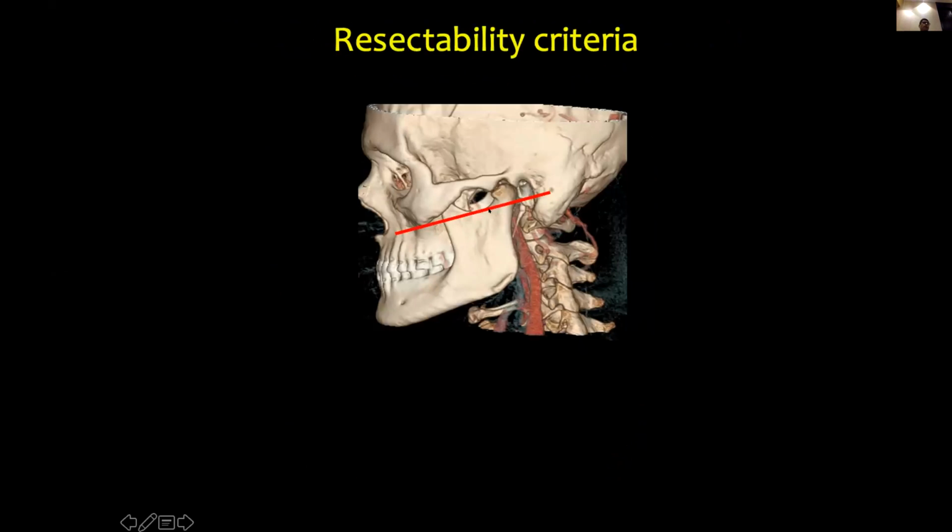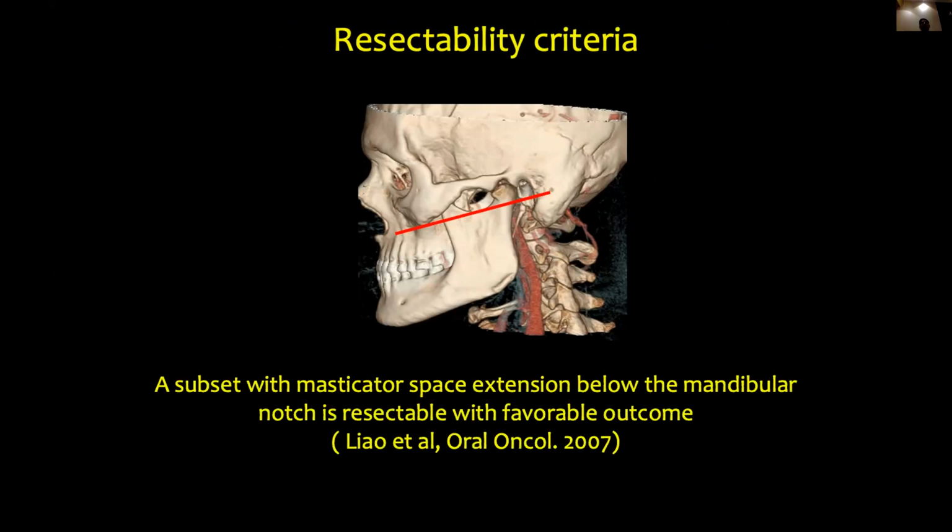Why is this infratemporal fossa important? The infratemporal fossa is divided into low and high infratemporal fossa. Low infratemporal fossa is the fossa which is below the sigmoid notch. Any disease which is below the sigmoid notch is resectable disease. That means it has not reached the pterygopalatine fossa. Any disease which has gone above the sigmoid notch, that is high infratemporal fossa disease, and the outcomes are very